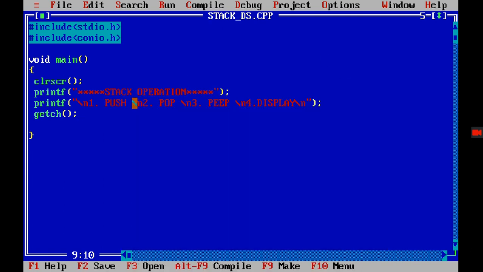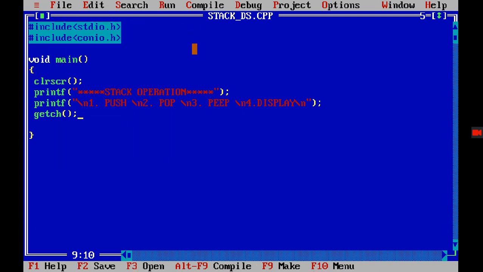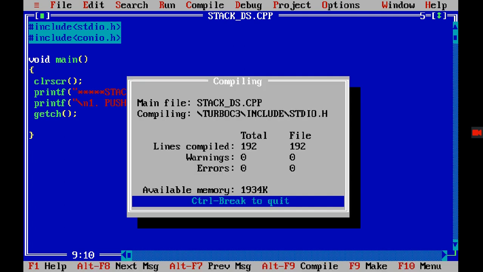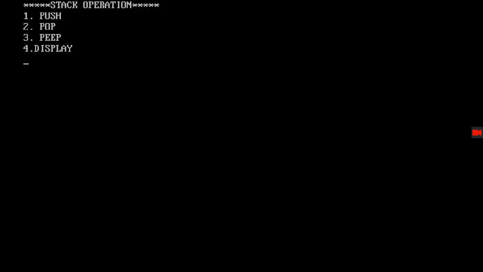Now if I compile this, there are no errors. This is just like I'm telling the user that we have these four stack operations: push, pop, peep, and display.